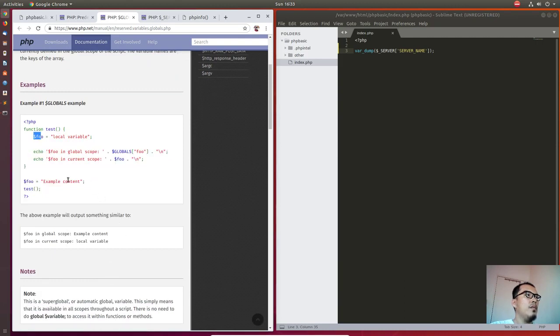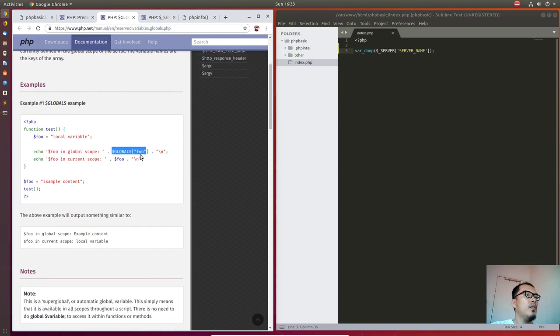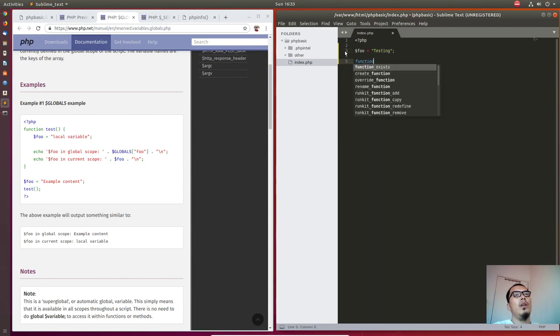So declared variable foo, so on, and then global foo. I think this is declared outside the method. Yeah, with something like this. Foo. This is testing. And then you create a method, let's say get name,